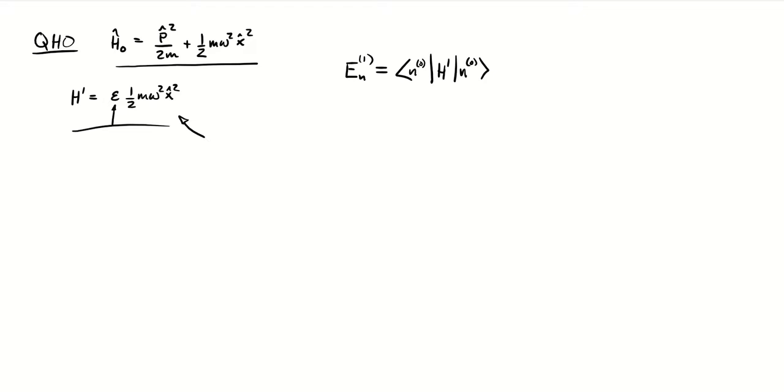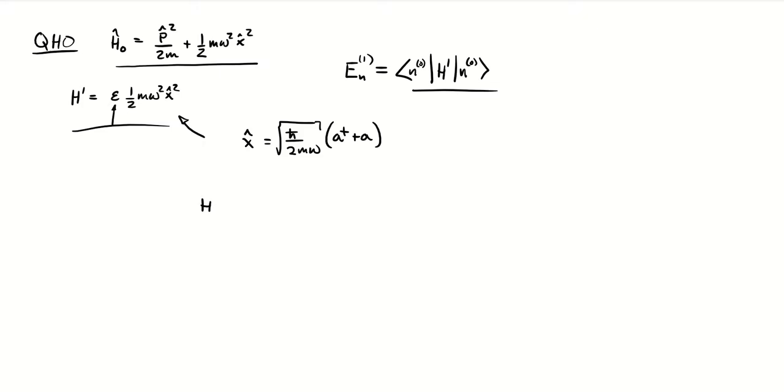Now, in a harmonic oscillator like this, if we think back to when we covered that, it's often easier to use, rather than go into position representation and do all the integrals to solve this matrix element, those operator methods, the raising and lowering operators. And if we do that, we know that the X operator can be written in terms of those raising and lowering operators as that, right?